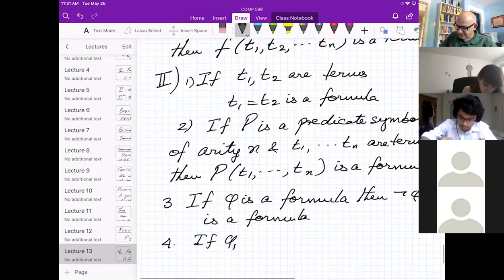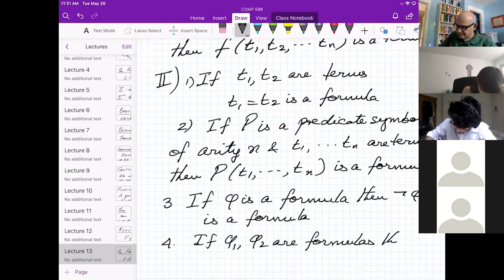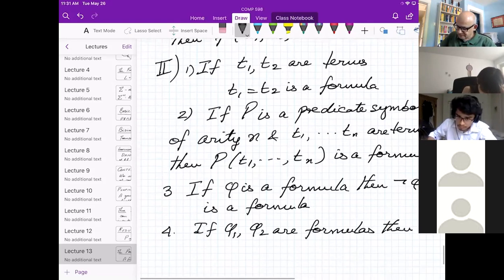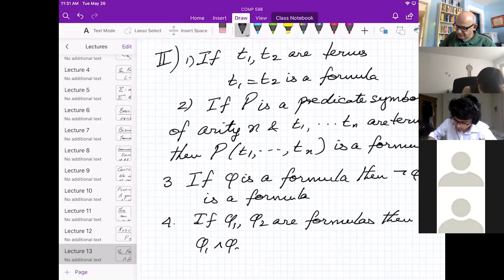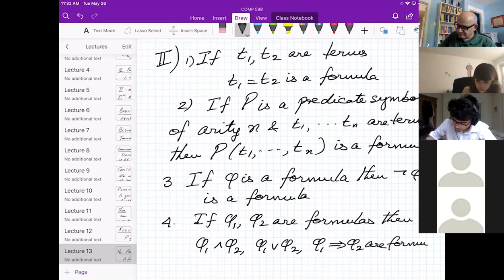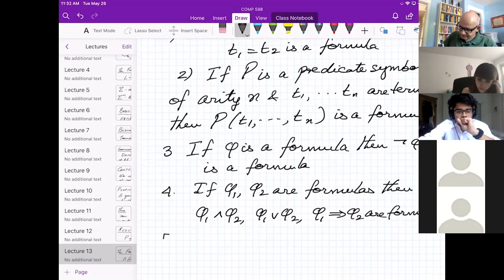If phi1 and phi2 are formulas, then phi1 and phi2, phi1 or phi2, phi1 implies phi2 are formulas. So we'd already seen these guys when we talked about propositional logic.